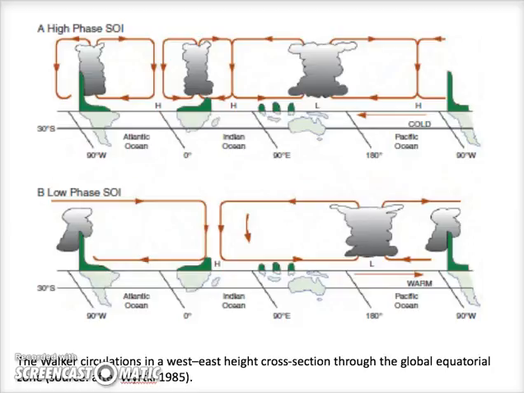The upper and lower parts of the figure show 2 different modes of Walker circulation. They identify a strong and weak phase of the Southern Oscillation Index, SOI, strengthening during the 20th century, resulting in an enhancement of both